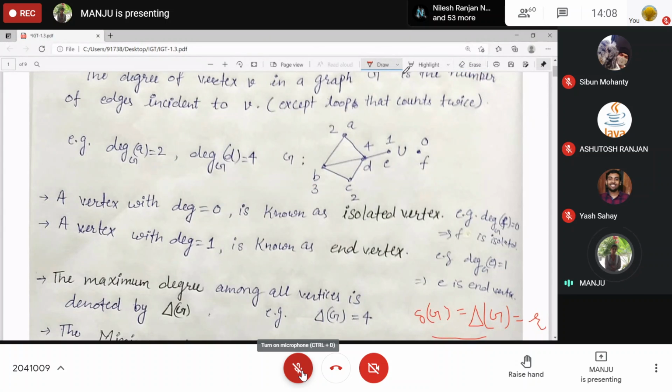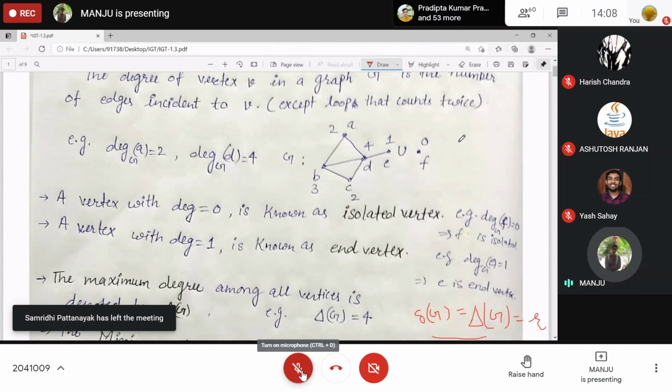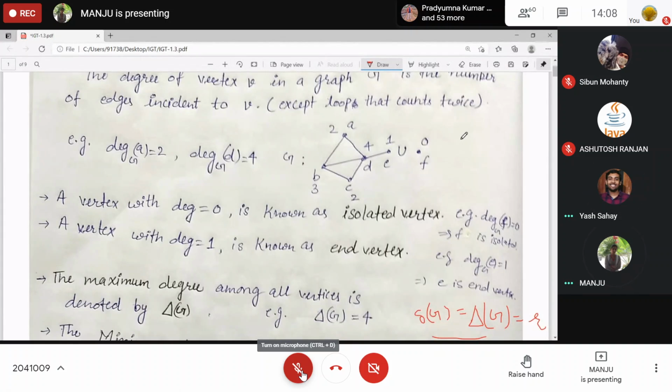This is twice, right? 0 plus 1 plus 2 plus 2 plus 3 plus 4, that will give you a summation of 12, right? And 12 is what? These are degrees, the summation of degree of V over the vertices.